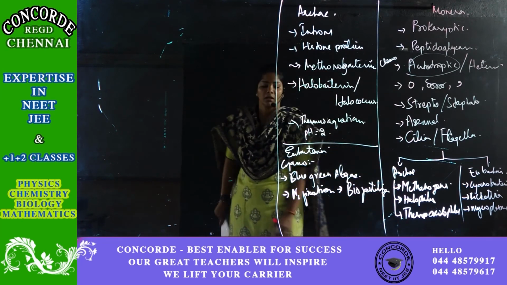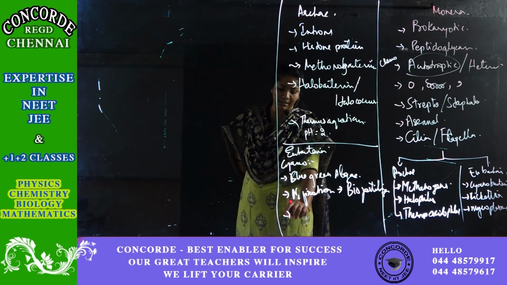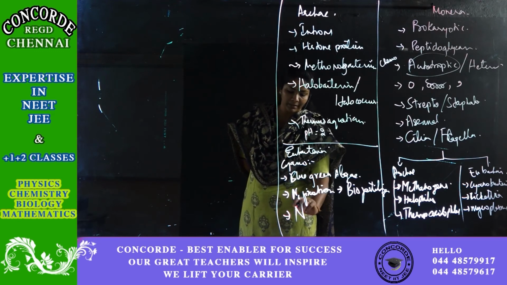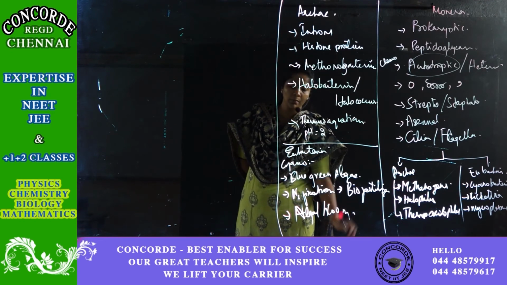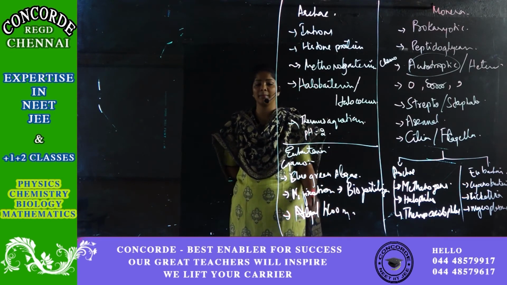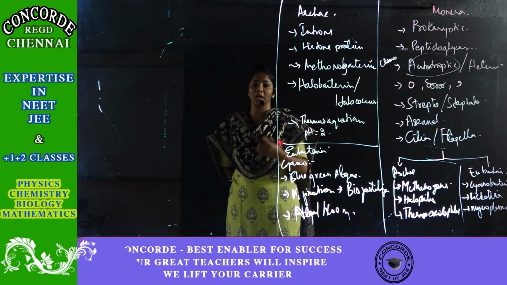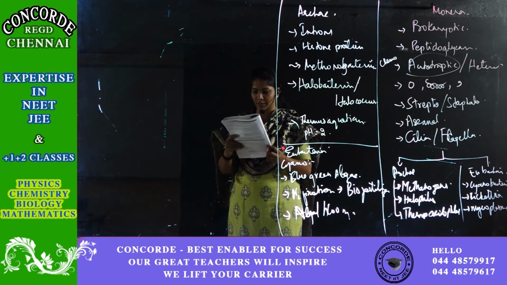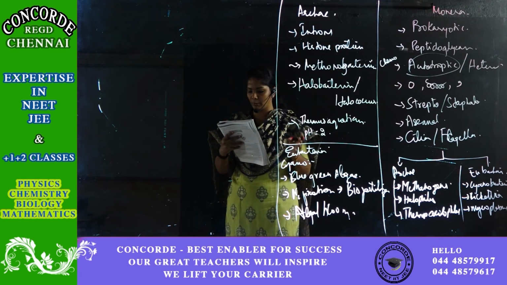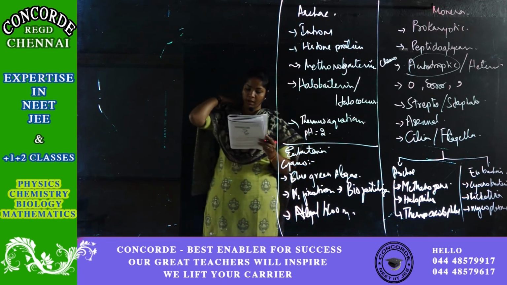Okay, when there is an excessive growth of algae, this is blue-green algae, that will result in algal bloom. So the algae will cover the topmost layer and it will deprive the organisms present from getting the basic requirements. Okay, so that is all about your blue-green algae. Excessive growth of blue-green algae is what is called algal bloom.